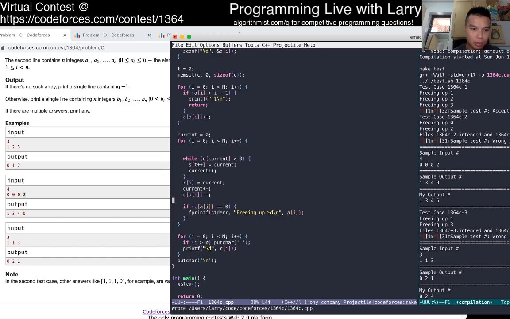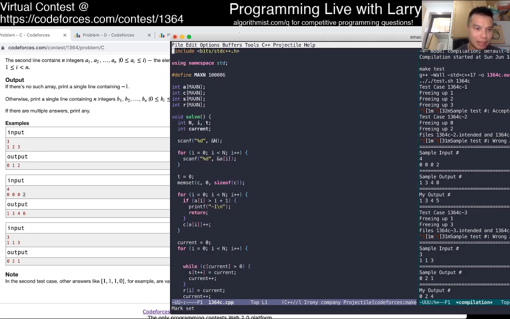So current. So we free up 0, so we should add that to be considered, because as soon as we free up a number, we should be able to use it. So we should put it on something. Okay.